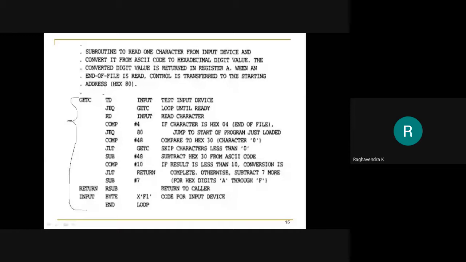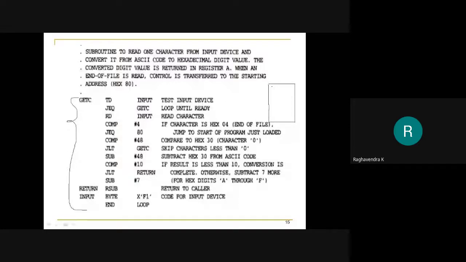So what does it do? I said that the operating system is present on a device. Let us assume something like this, 2C, something like this. This is where our operating system program is present.